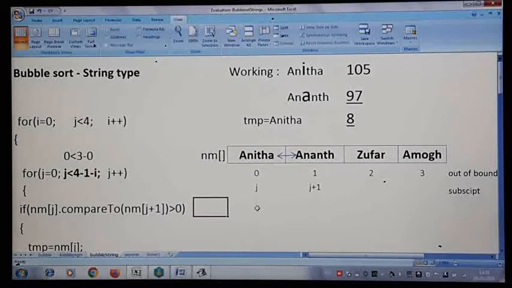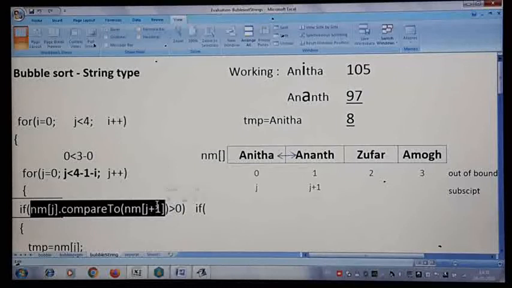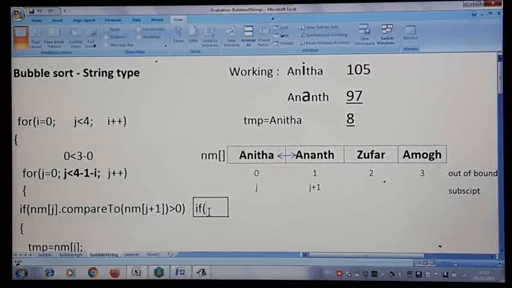So the if condition becomes like this: the outcome of the compareTo command, 8, is greater than 0, which means it is a positive number. When the first string is bigger than the second string, you will get a positive number, above 0, and that is what we are checking.